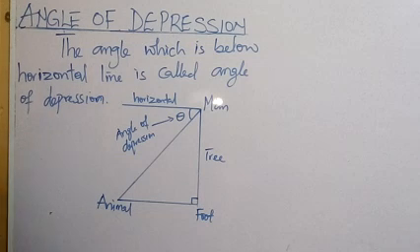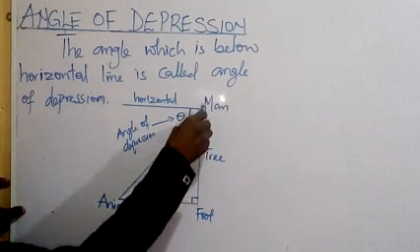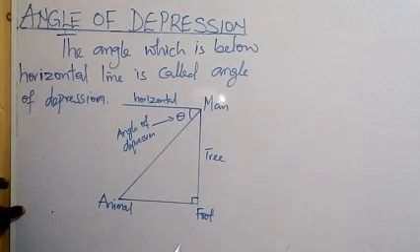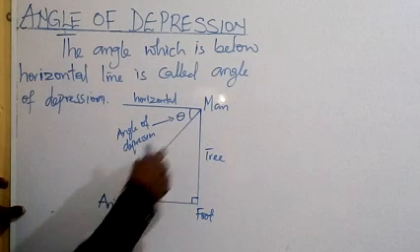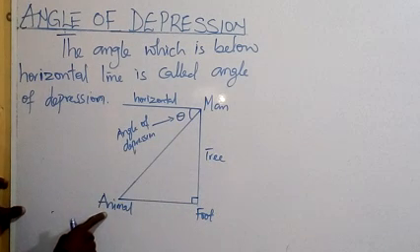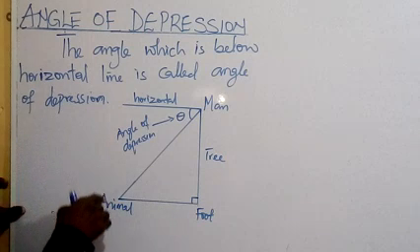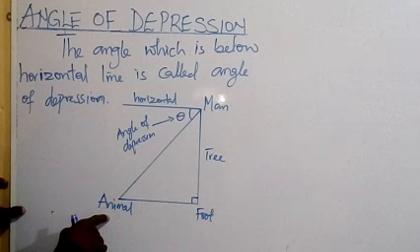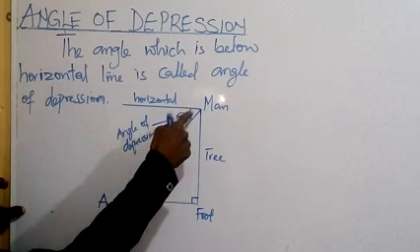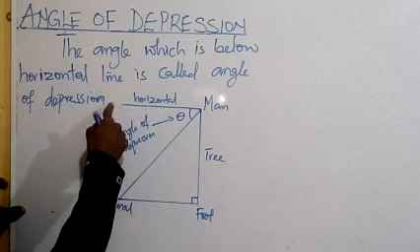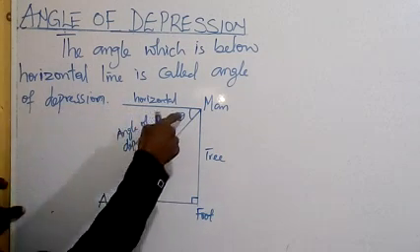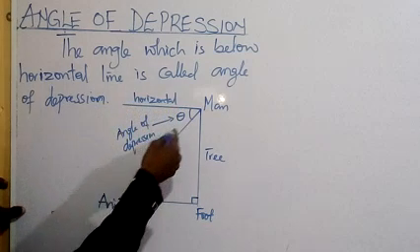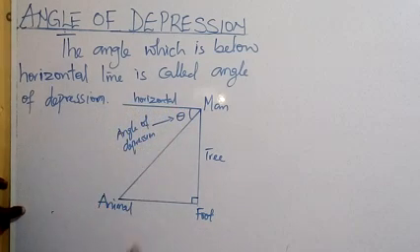All right. A man is standing on top of a tree. A man is standing on top of a tree, and the man wants to look at an animal on the ground. The man needs to turn his eye and look at the animal on the ground here. So this horizontal line with the eyes of the man, this angle is what we call the